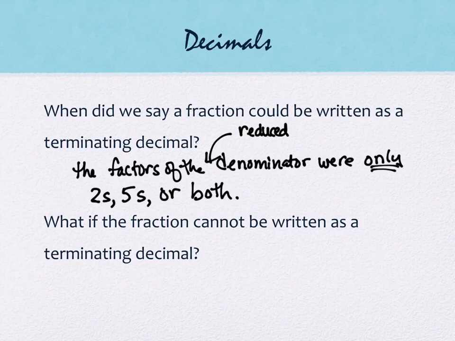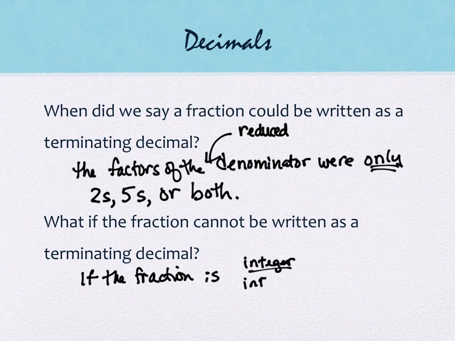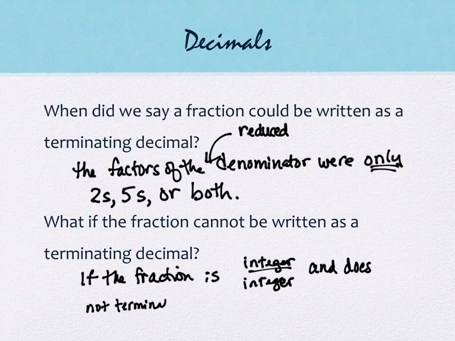So when this happens, if the fraction is an integer over an integer, or we can change it so that it is, and does not terminate, then it will repeat,